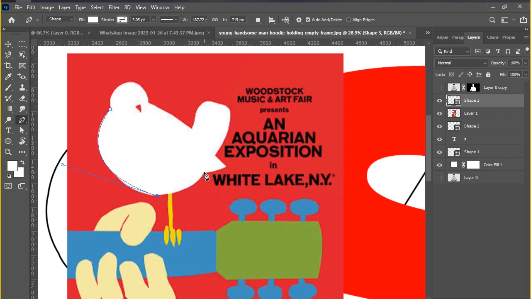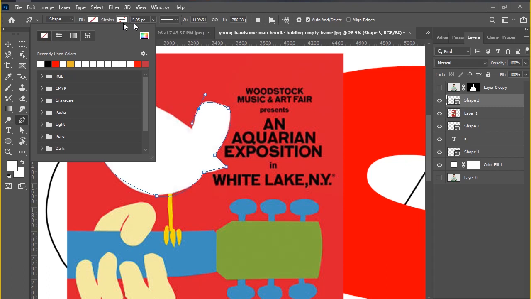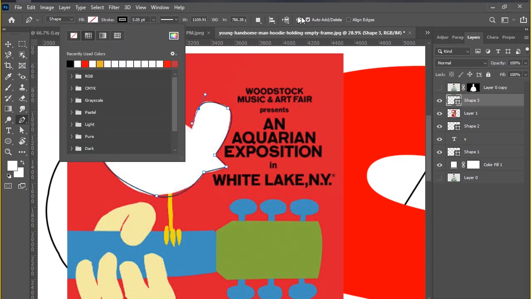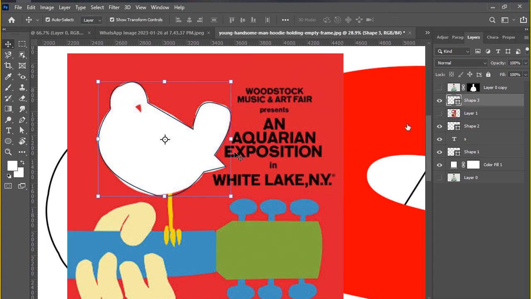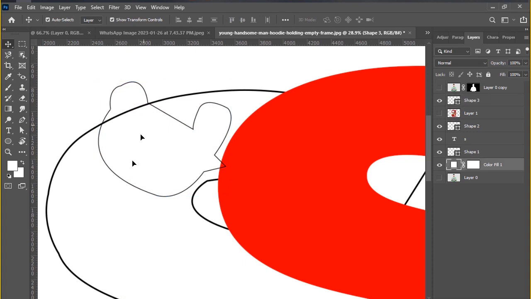I'm clicking here, then clicking here, taking, let me make it none, let me take a stroke color, like this, and the final one like this. Then if I turn off this one,